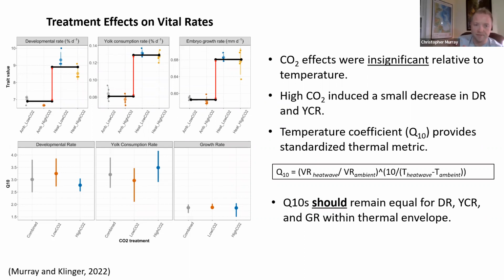And just a quick understanding of what the Q10 equation looks like. It simply standardizes any change in rate to a 10-degree temperature change. So even though I only changed the temperatures in this experiment by 4.5 degrees, all these rates are now standardized to a 10-degree temperature change. On the left panel, I'm showing the developmental rate and yolk consumption rate. They each had a Q10 of about 3, which is very consistent for temperate fish embryos with respect to these two traits. In different review studies I looked at, a Q10 of 3 is very common.